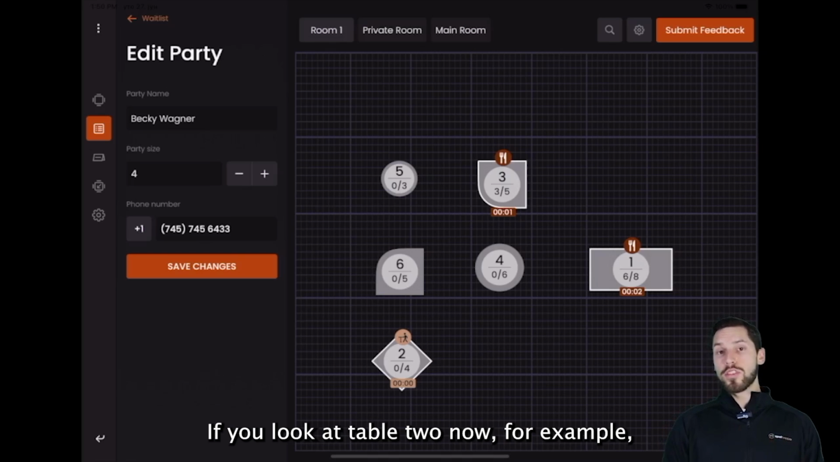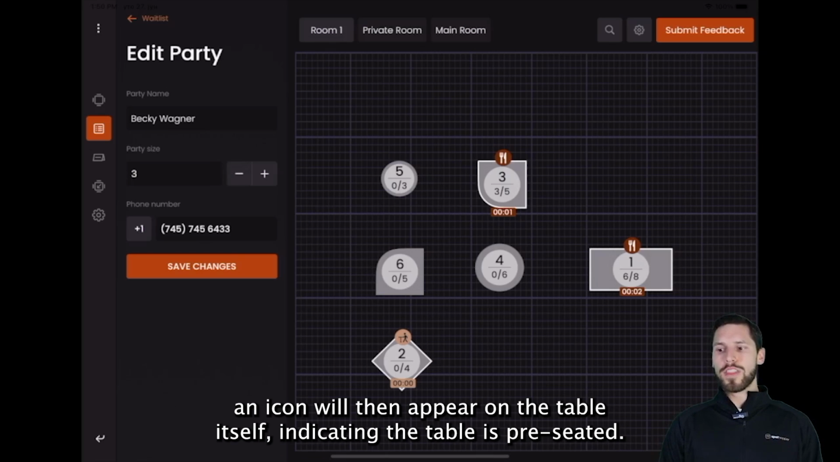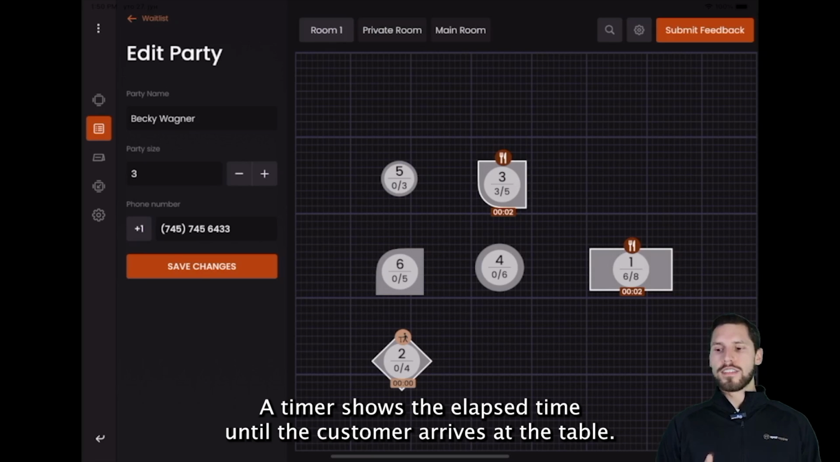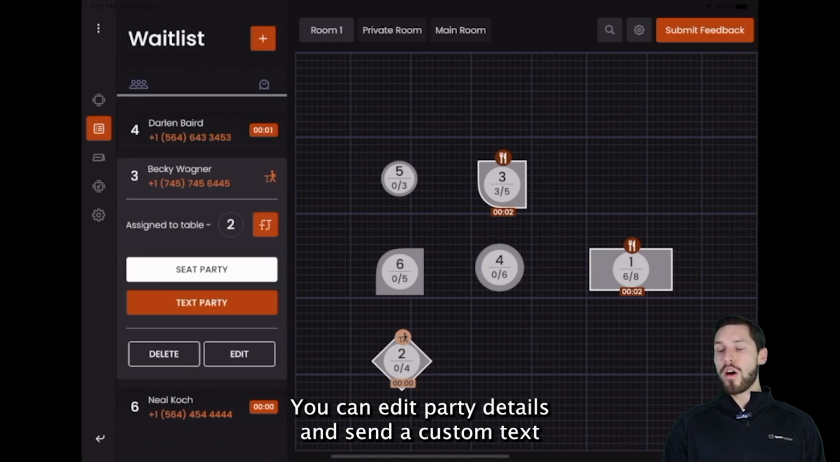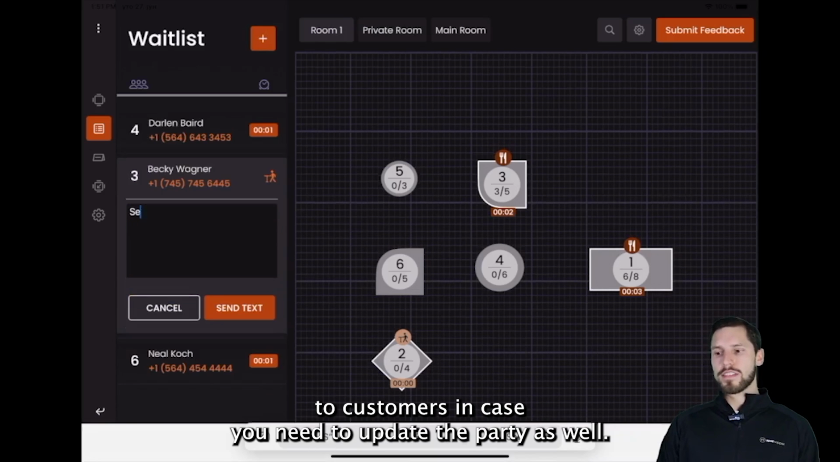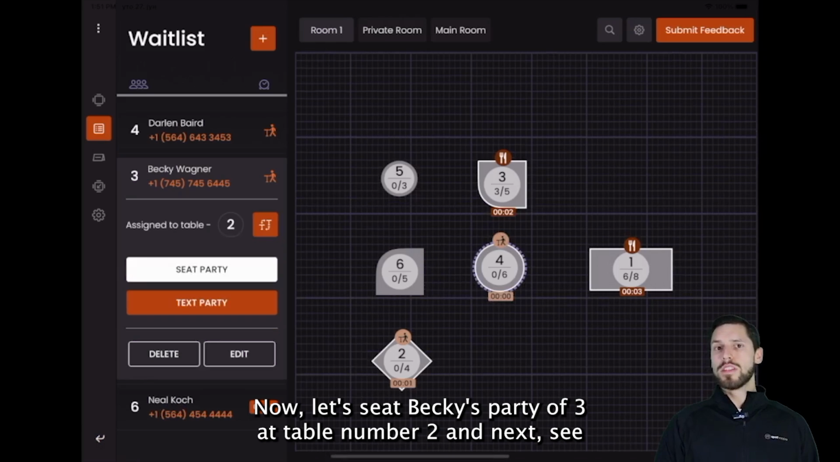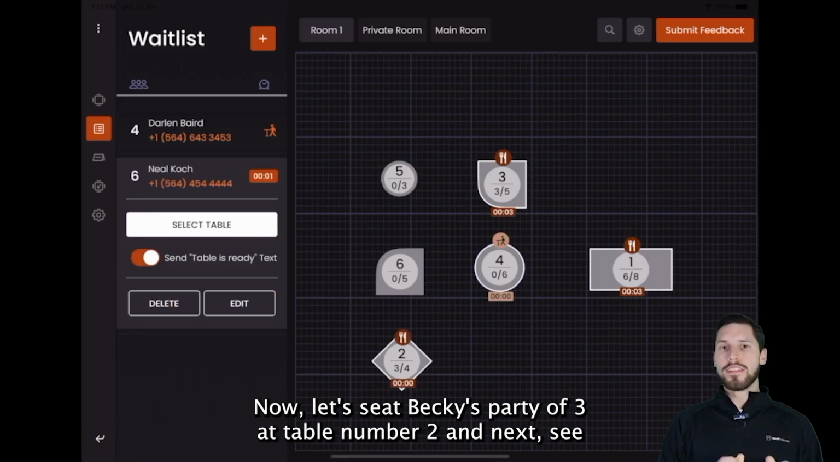If you look at table 2 now, for example, an icon will then appear on the table itself, indicating the table is pre-seated. A timer shows the elapsed time until the customer arrives at the table. You can edit party details and send a custom text to customers in case you need to update the party as well. Now, let's seat Becky's party of 3 at table number 2